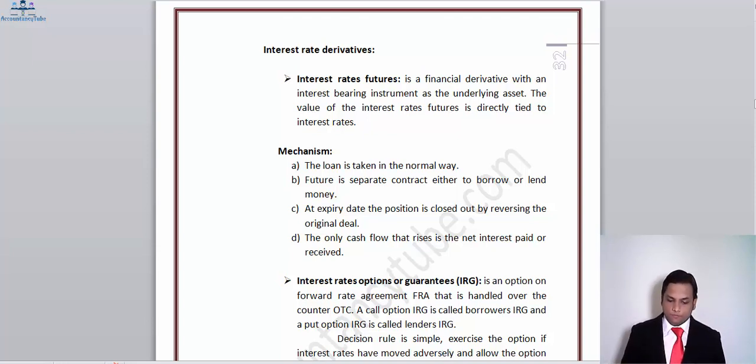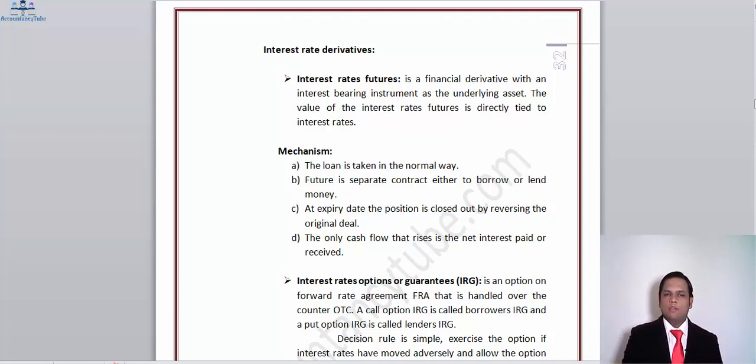If the contract is giving you a loss, you have to give the loss to the future holder, that is from whom you have bought the contract, and if it's giving you the gain, then the future holder will provide you with the finance. To sum up the things, you obtain a loan and now you fear that after 3 months of maturity of the loan, the interest rates will be high and you have to pay more. So in order to hedge that, you take an interest rate future.